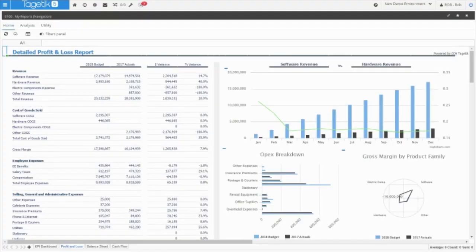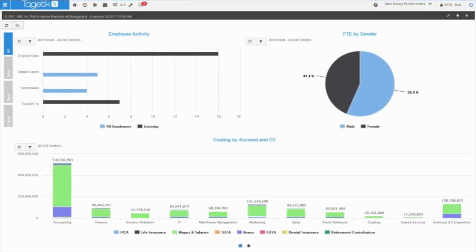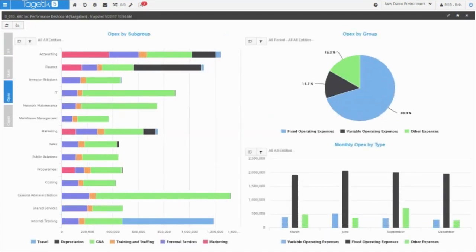So from a reporting perspective, just a quick example here of some of the capabilities, but there are additional features that we'll get into in just a second as well. Like, for instance, the ability to have dashboards right away. So from a more analytics-based perspective or from a data visualization perspective, Tagetik can also start helping folks see and visualize the numbers, whether it's information coming from the HR model or maybe some sales information or my operating costs, for instance. We can start using these native Tagetik dashboards to visualize the data and start interacting with the data